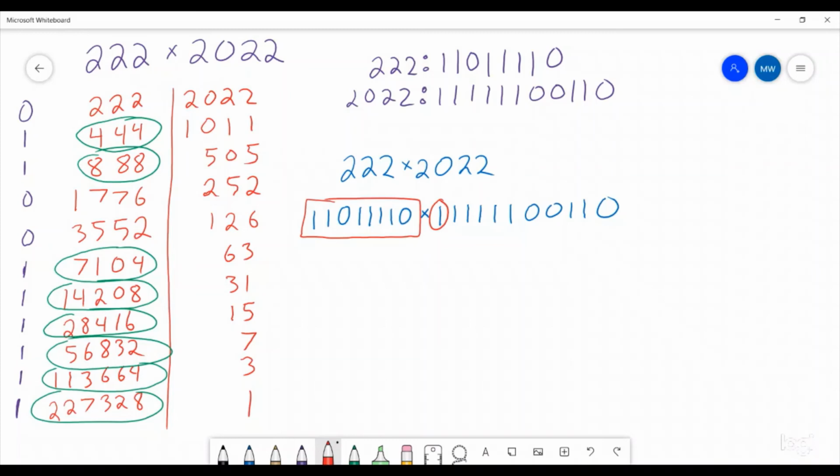Well, that's saying I'm taking one of these, and what is that number? That is 2 to the 1, 2, 3, 4, 5, 6, 7, 8, 9, 10 times 222. Well, that number is 227,328,